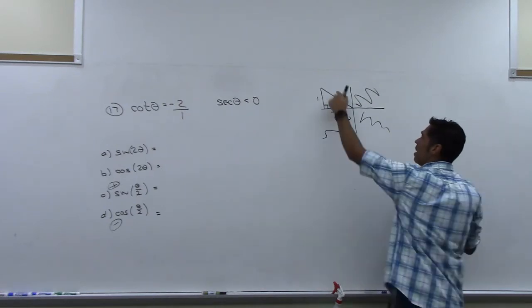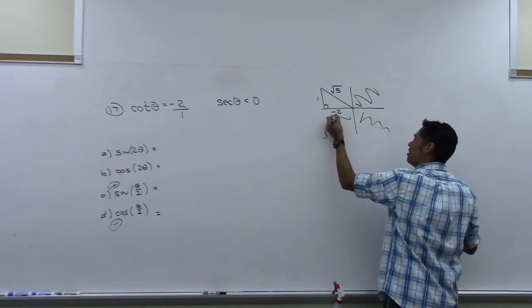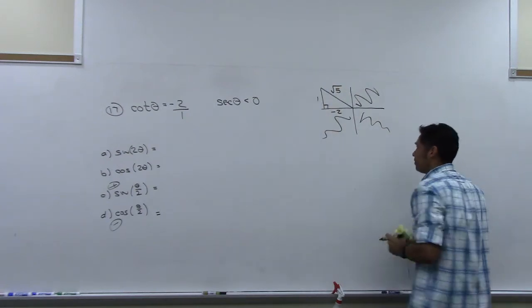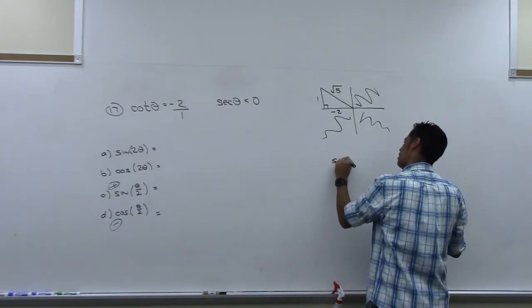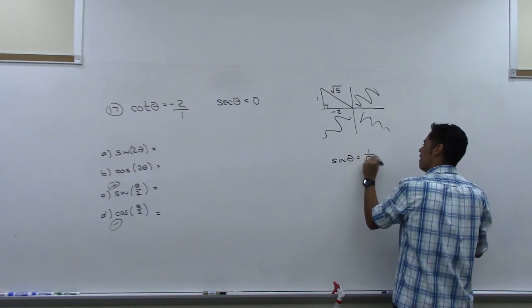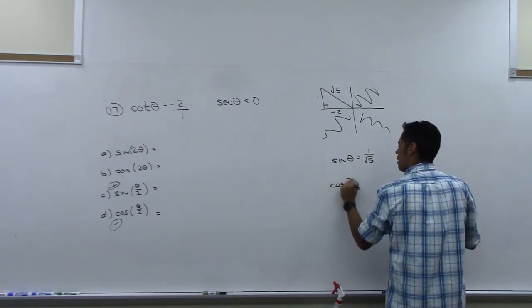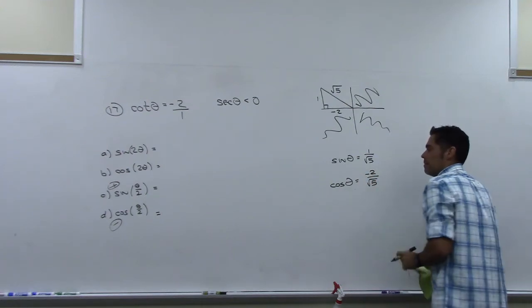And then we can get this side, Pythagorean. This is √5. So it's this squared plus this squared. Take the square root. And now I can just write everything down that I need. I know sine theta is opposite over hypotenuse, so 1 over √5. And cosine theta is adjacent over hypotenuse, so -2 over √5. And